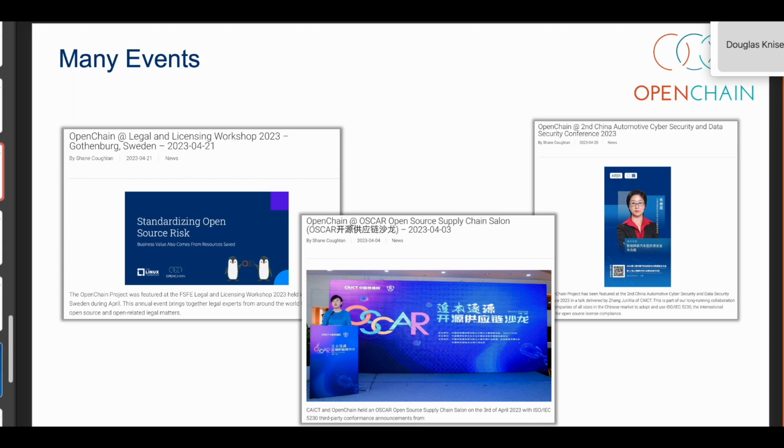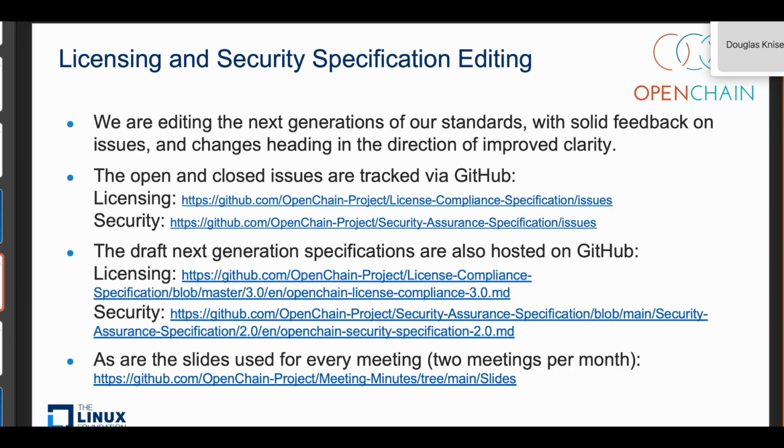Now, I'm going to skip ahead a little bit here just to flag that when it comes to something like open source and software bill of materials, the approach is very collaborative, and something like the OpenChain project, building the overarching process standards, is actually developing the standards on calls which are open to everyone via GitHub in a manner where everyone can open issues, and on a mailing list that again is open to everyone.